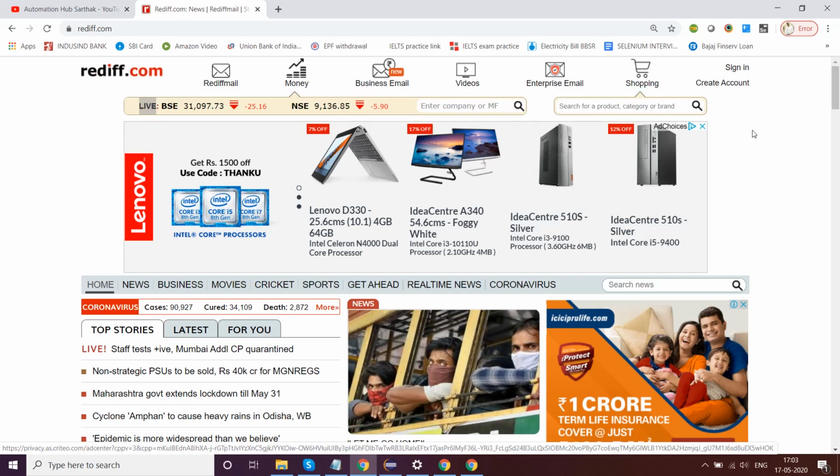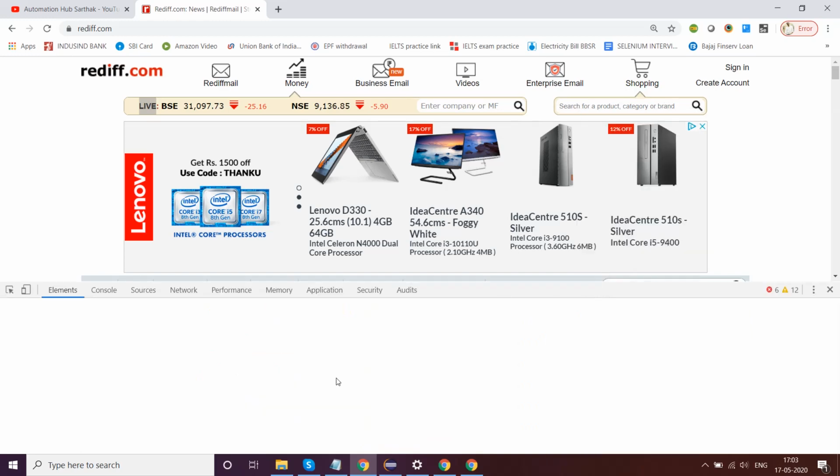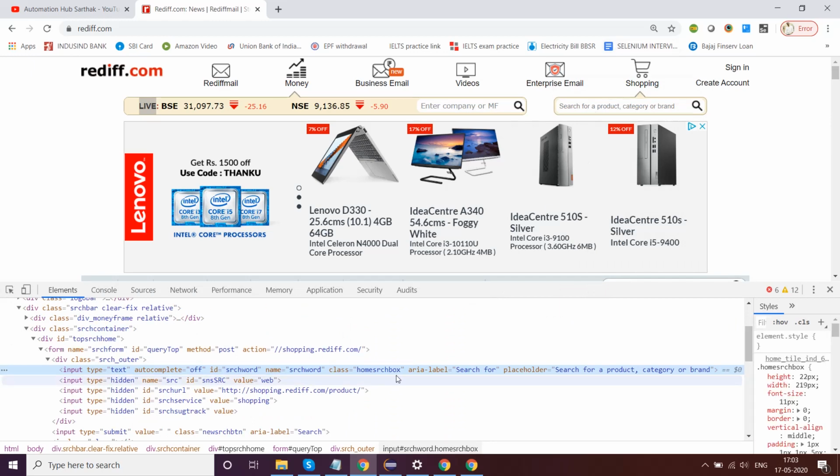And if you try for this text box, search for a product, category or brand, you will not be able to. So let's say for example you go ahead for this particular web element and you see you cannot use this placeholder to retrieve this particular text. It will not work because this is not static text.